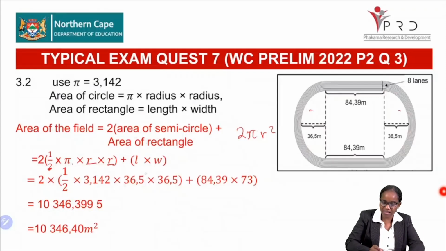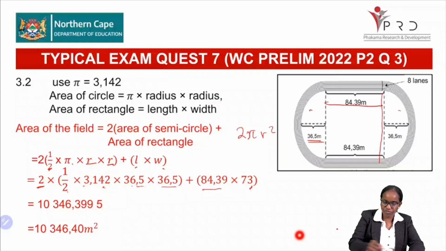Then for our rectangle, it's length times width. Now substituting, we have 2 semicircles, and the area of a semicircle will be half times pi times radius. This is our radius, our 36,5 times 36,5, plus the length of the rectangle times the width of the rectangle. The total area of this inner field becomes